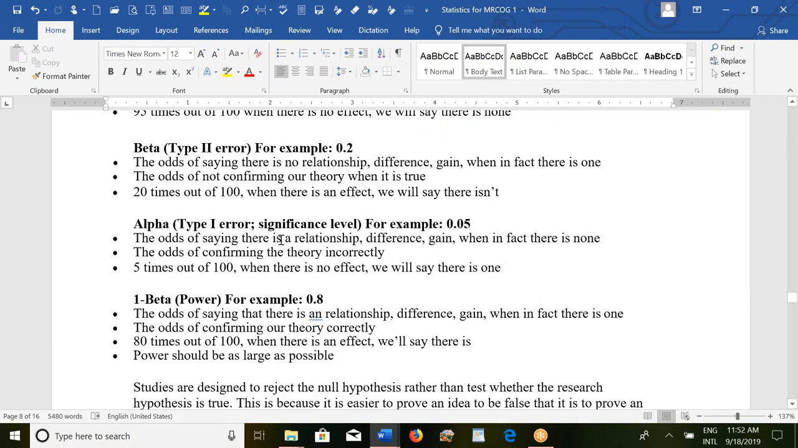Then alpha, the type 1 error, is the significance level, for example 0.05. So the odds of saying that there is a relationship or difference when in fact there is none. There is no relationship, there is no difference, but we will say that there is one. And these are the odds of confirming the theory incorrectly. There is a chance that we will confirm the theory incorrectly. So 5 times out of 100 when there is no effect, we will say that there is an effect. So the probability of giving the wrong result is very low,